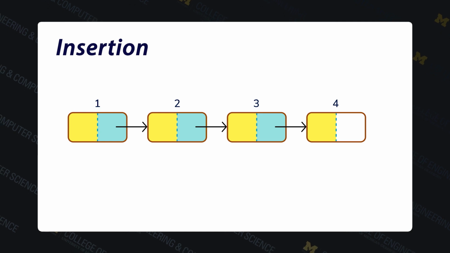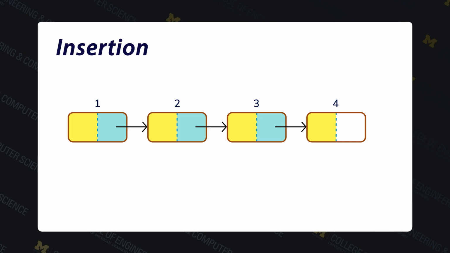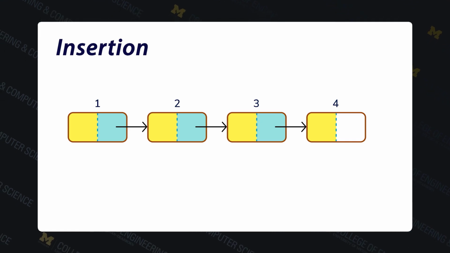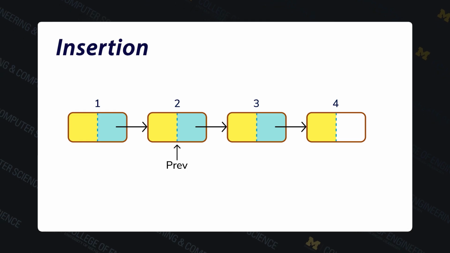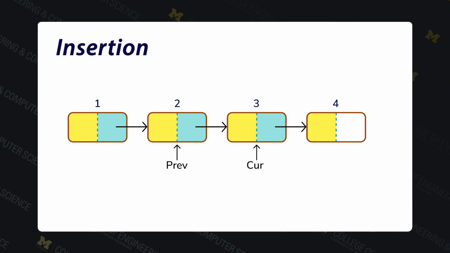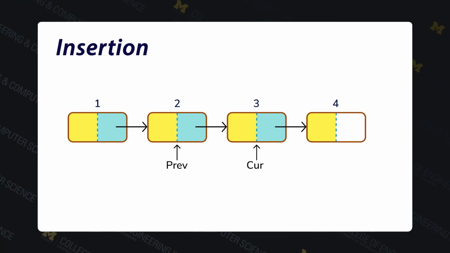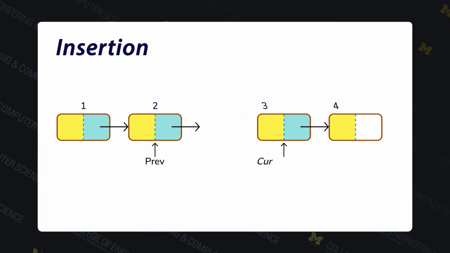Here, we have a linked list of nodes 1 through 4. We'll first initialize a previous pointer and a current pointer, where previous points to node 2 and current points to node 3. Now, we want to introduce node A to the linked list, inserting it between node 2 and node 3. First, we'll delete the pointer from node 2 to node 3,